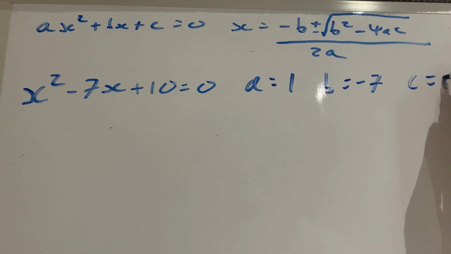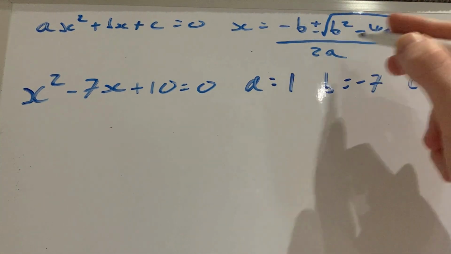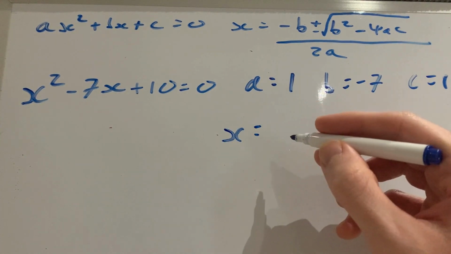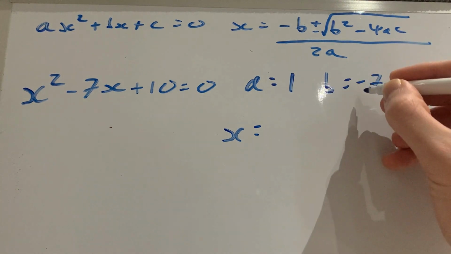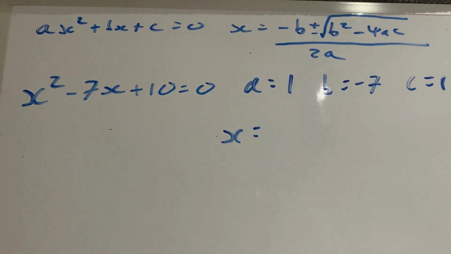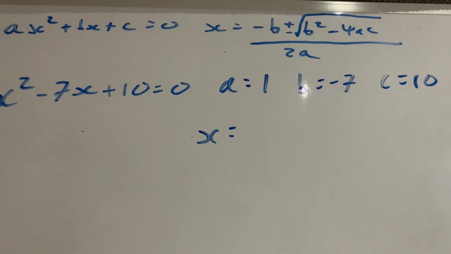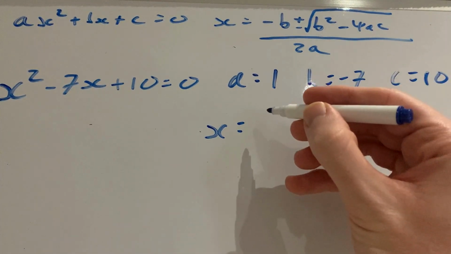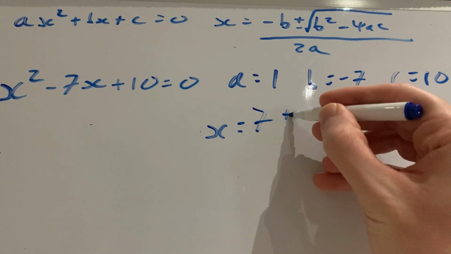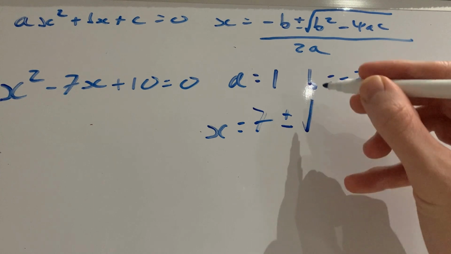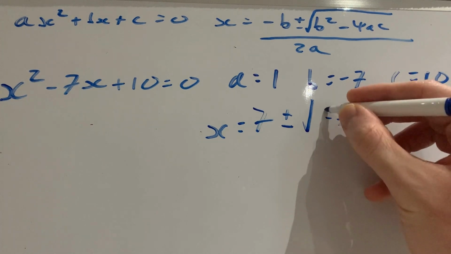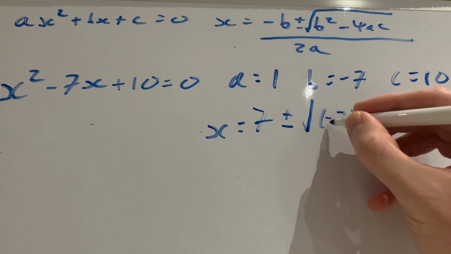So now that we have these down, it really is just a case of putting everything in this little machine we've got up here, the quadratic formula. So x equals negative, sorry, let me move that across. Negative negative 7 is just 7, plus or minus the square root of negative 7 squared. So I'm going to leave it in the brackets here just so it's clear what we're doing. Negative 7 squared